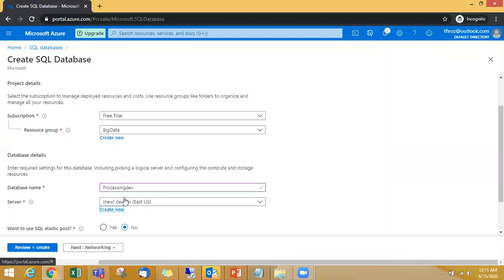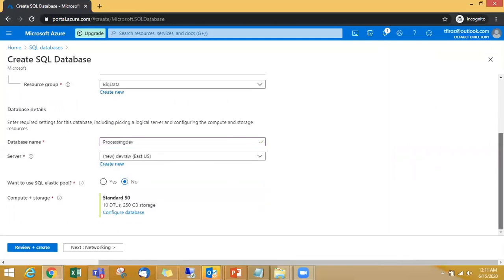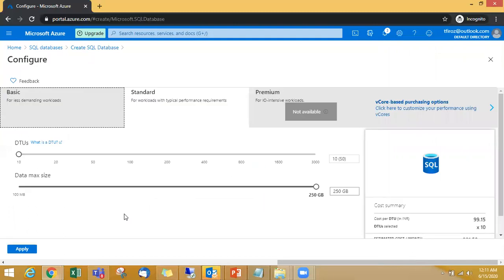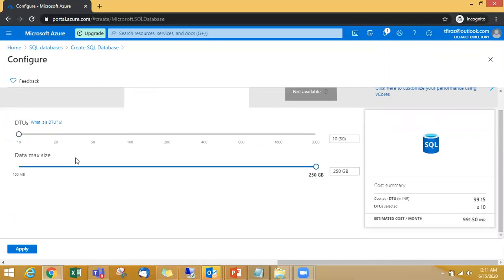And then by default, the devraw server is connected. And then you can configure. Configure is based on what kind of performance you need. So it is completely cost dependent. Like if your DTU is 10, you need to pay 990 INR. If you increase this DTU, the performance of the SQL will be better, but you need to pay more.